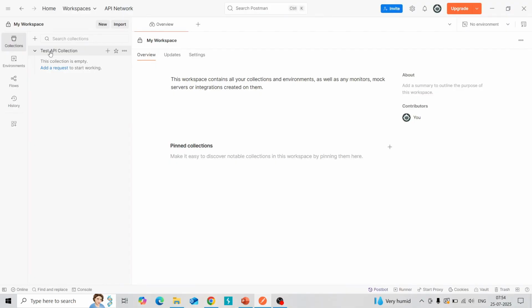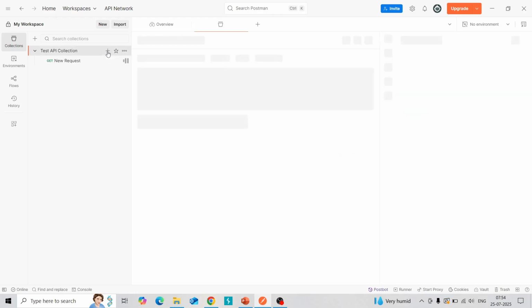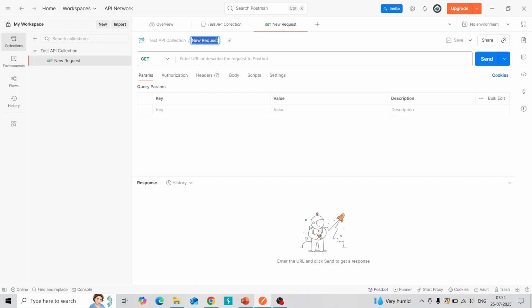Its name is test API collection. So in order to add a request, you can see an add request button is there. So click on that. It will create a new request for us, and we can rename that request. I'm creating a list of users request. Okay, and naming the request, the request name is list of users. Okay,